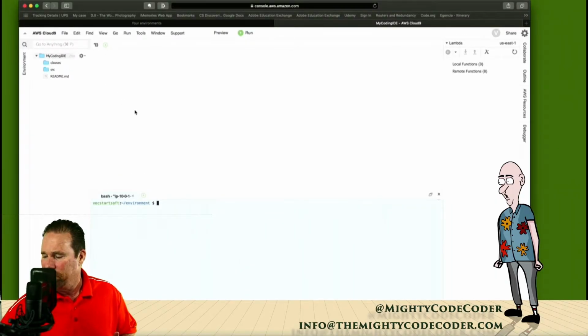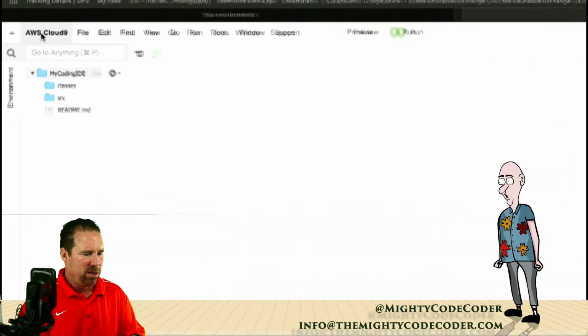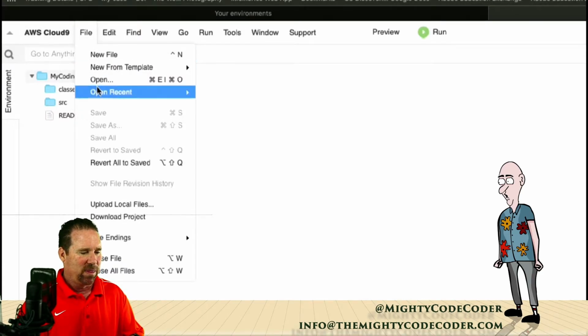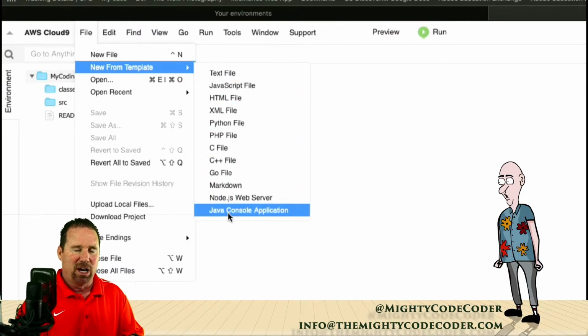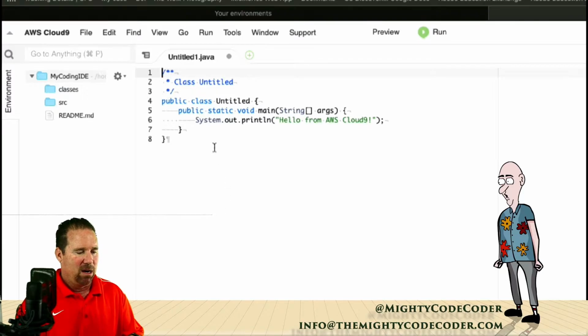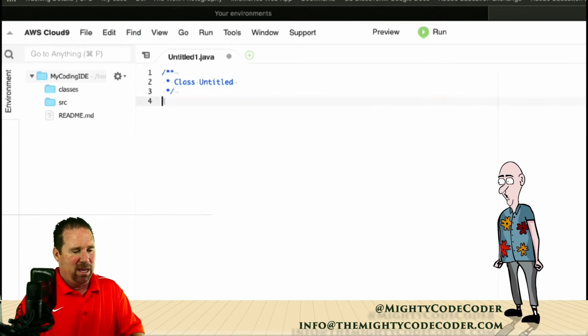So let's start. The first thing I'm going to do is open up a Java template, and I'm not going to use what comes local in it. So let me go up here. I'll go File, New from Template, and come down here to Java Console Application. Now this stuff here is good, but I'm going to write a class, and this is more like a driver, and we'll call it a driver later on. But for right now, I'm just going to delete everything in here and start over, and I'm going to call my class